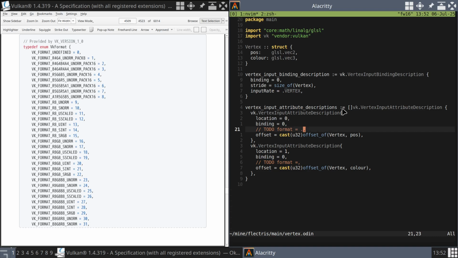Location equals 0, binding is 0, format. Cannot assign format a type. I'm hoping that, in fact, Odin has the nice stuff where it can work out what one of these actually is. I think we want to say we're float 32s, so we are